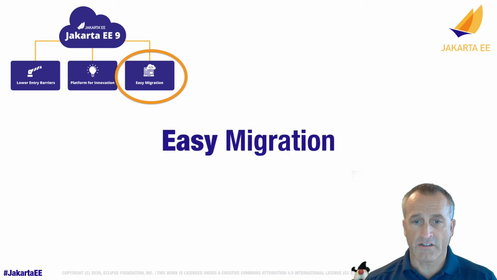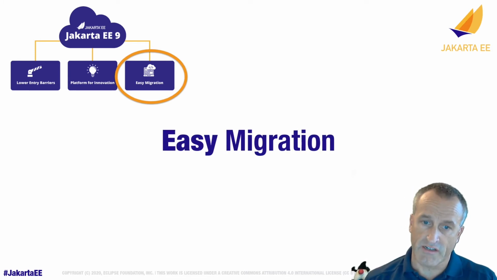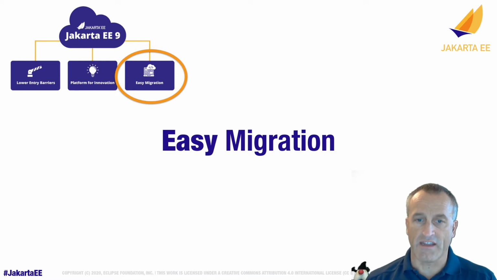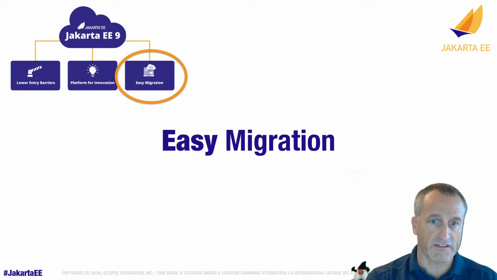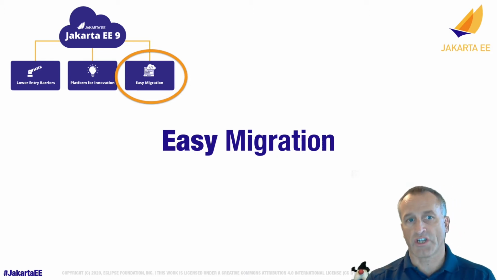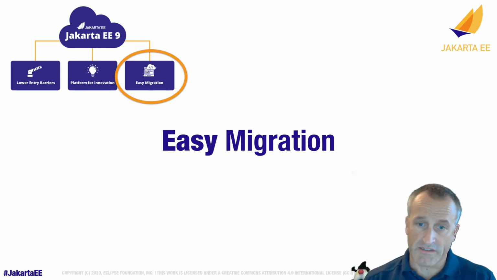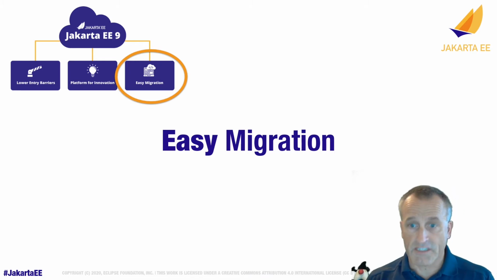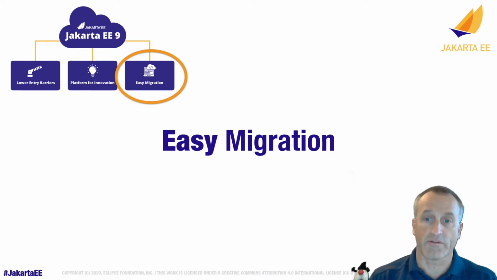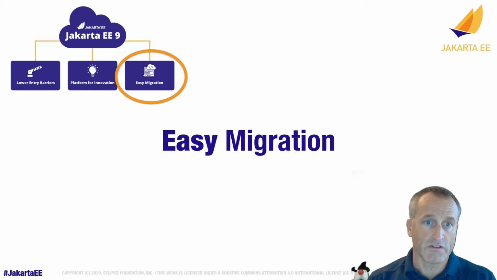And that is also why we don't add very much new things now. Most of the specs are actually not adding anything. That is to make sure that if you have an application running on the Javax namespace on Jakarta EE8 or Java EE8, it should be easy to migrate to Jakarta EE9. And if you encounter problems along the way, you know that it has to do with the namespace. If we added a lot of functionality and switched a lot of the APIs, then you wouldn't know exactly what went wrong. So that's one of the important reasons why we're not doing any new innovations in EE9.